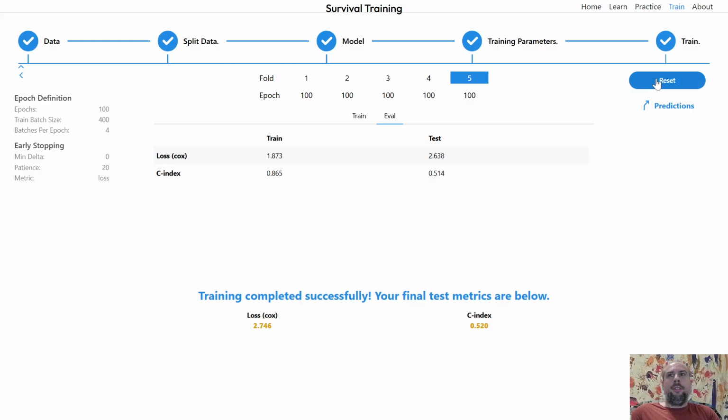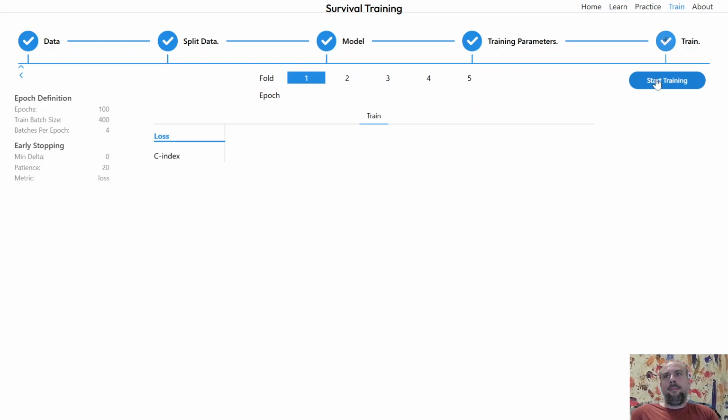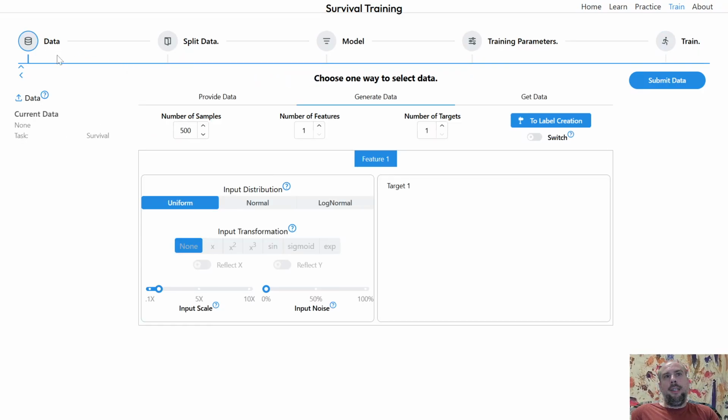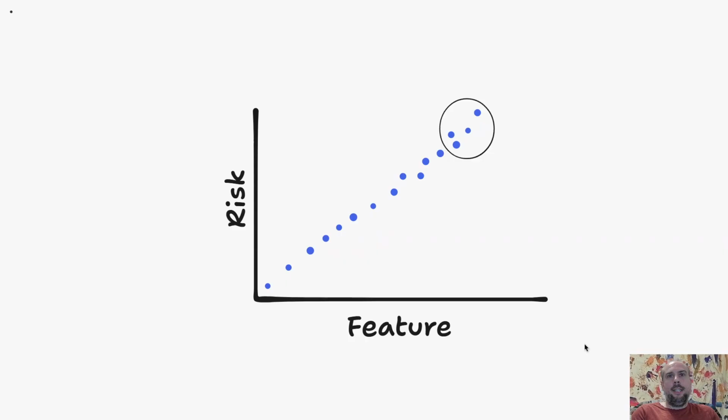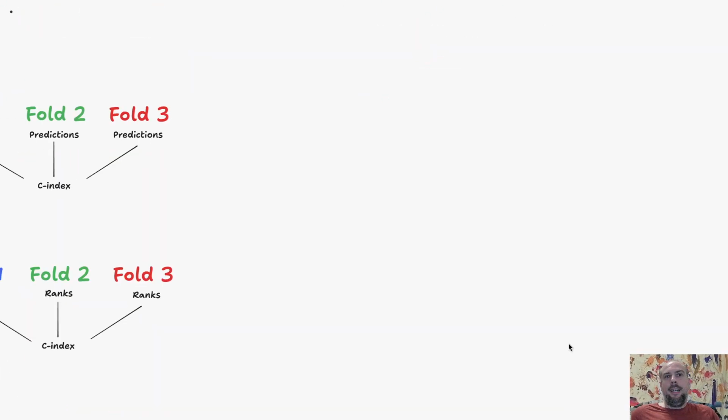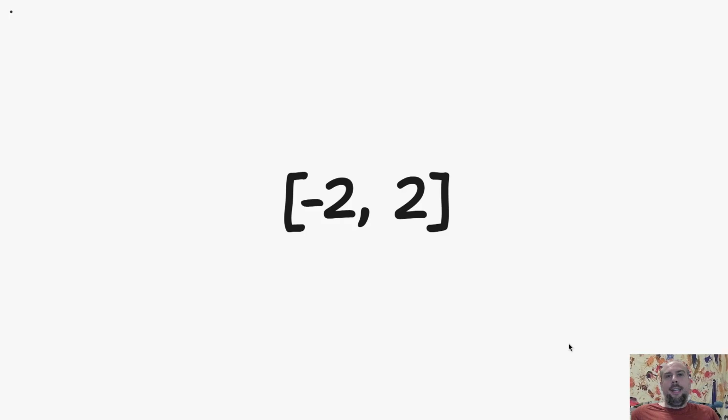Okay, so that was with 10 features. Maybe there's something specific about 10 features and it won't work when you have 1 feature, for example. So how about we try to overfit with 1 feature? We tried that in the previous video and we did not succeed. So let's try again and see if we can succeed this time. So what I did is I made data like this, where our feature is -2 to 2. And what I did is I then downloaded the data,